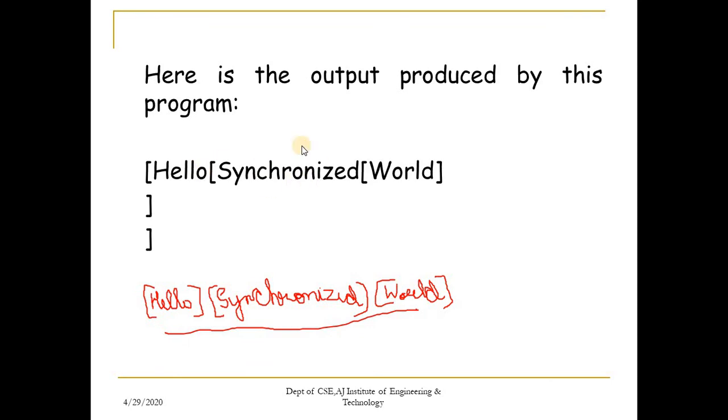But you are getting a jumbled output because there is no synchronization between the threads. All the 3 threads are executing simultaneously. This is how actually the output should have appeared. The first thread should have completed its execution, and only after it completes its execution the second thread should be allowed to execute, and only after the second thread completes its execution the third thread should be allowed to execute. So how can we achieve this synchronization? Now we have seen without synchronization how the output looks like, how we can achieve this synchronization now.